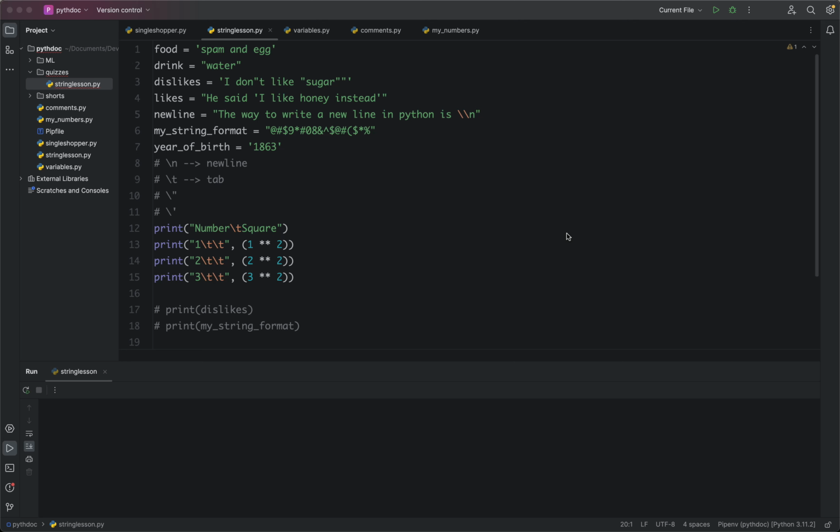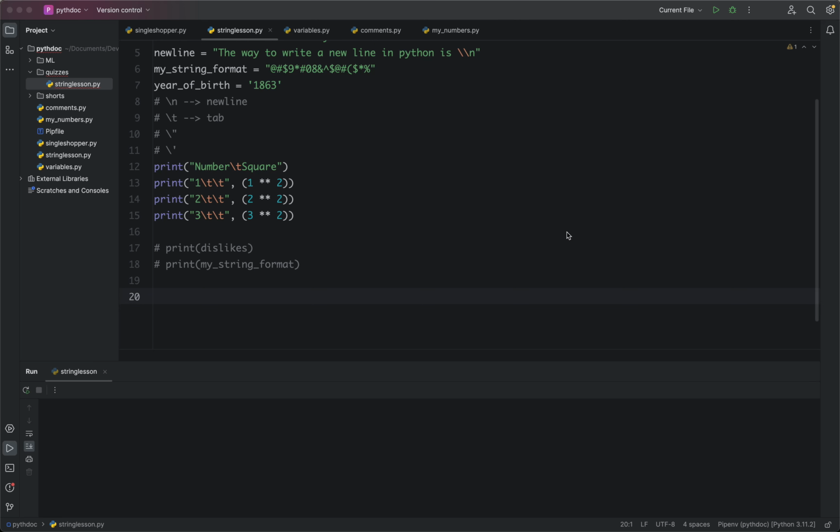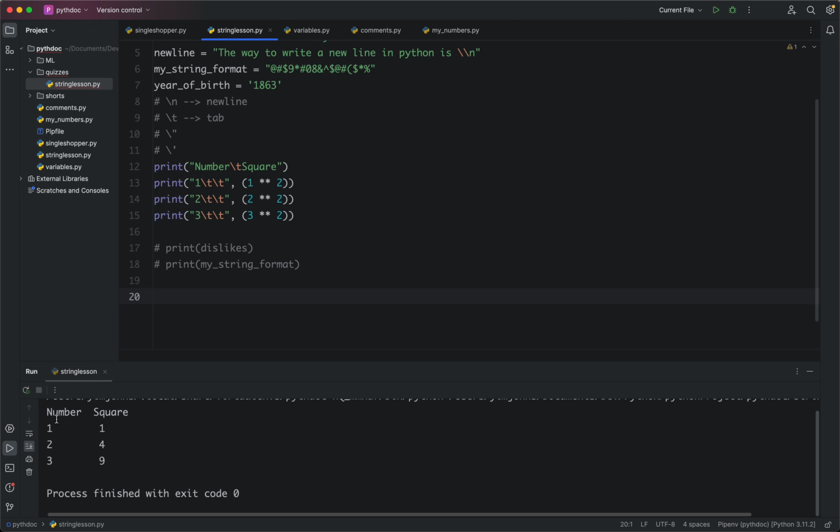All right, welcome to this Python class again. So today I want to talk about two things, but just a little bit of revision, just in case you have forgotten some of the things we treated last. We talked about these escape characters, and we looked at how we can use the tab escape sequence to beautify our output. And when we ran this program, we had the number and then the square of that particular